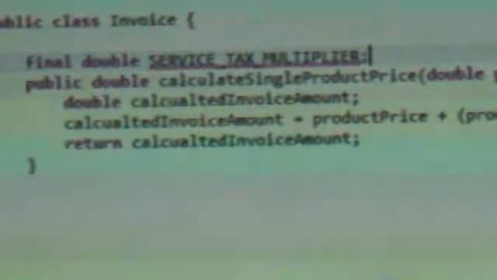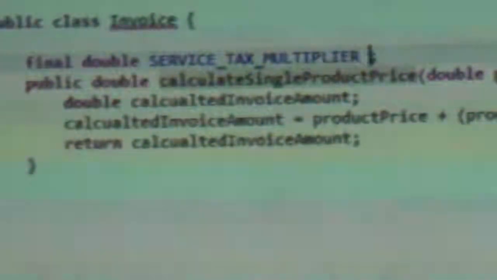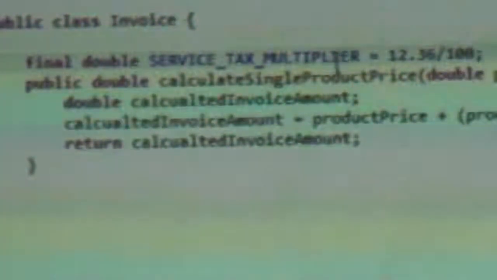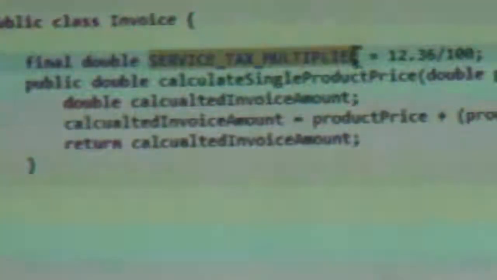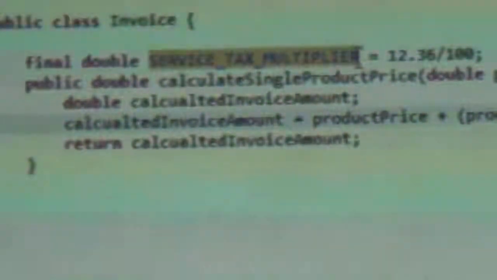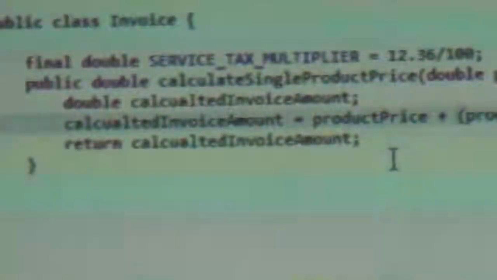So let me create a service tax multiplier, which is 12.36 divided by 100. Looks good? And rather than multiplying with this, let's multiply with the service tax multiplier. Should work.